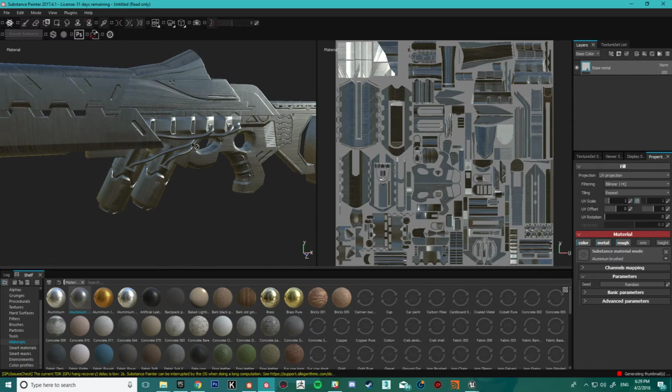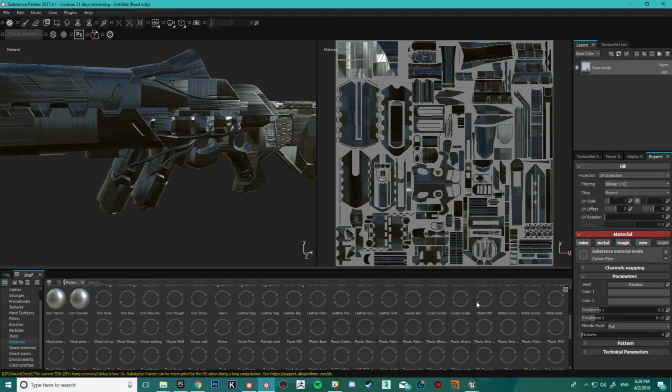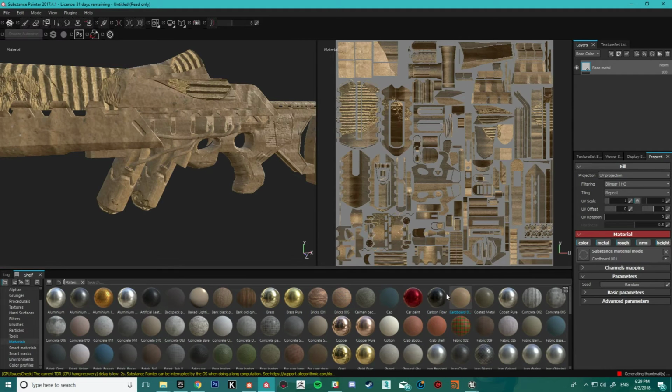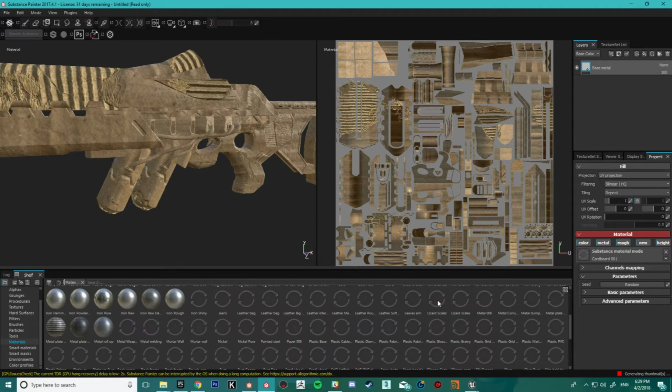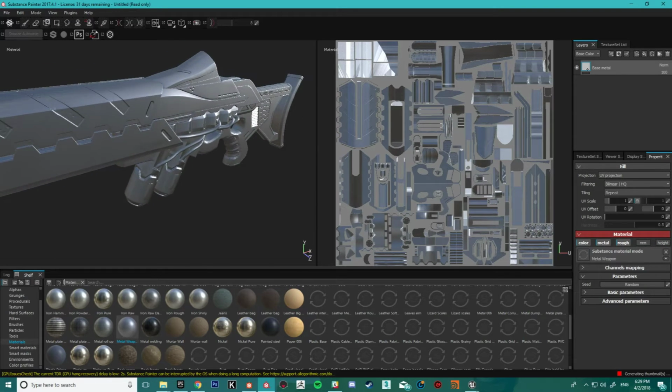Once these all load in, I'll maybe pick a different metal because that one's a little bit rubbish. Well, apparently they're all going to come out like that. Maybe my normal map's messed up. So let's take the normal height off for this, and now we just have a base metal.